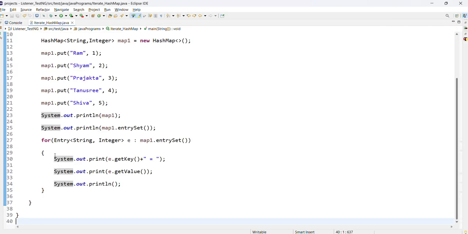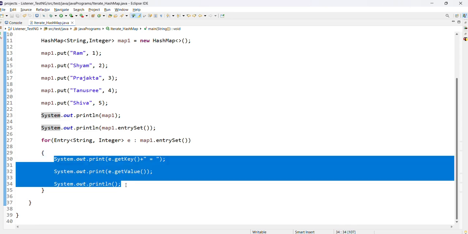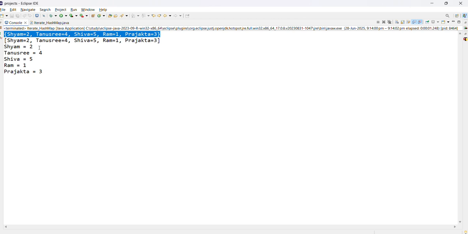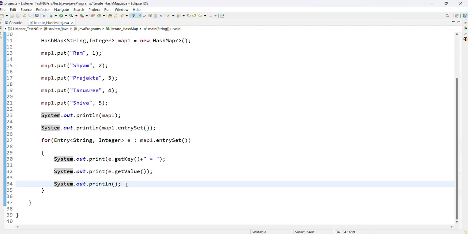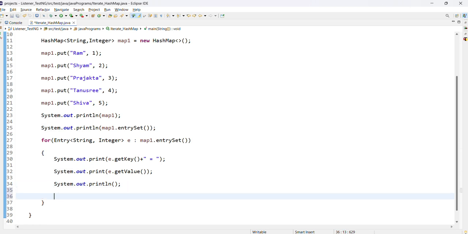Then coming to this for each loop, this iteration, it is storing, suppose Sham is 2, then Tanushree is 4, then Shiva is 5, then Ram roll number is 1, Prajakta roll number is 3. This is fine. So suppose we have some requirement, if the roll number is 2, then print the name, or if the name is this, then print the roll number, like that. So how can we achieve that? So we can create,